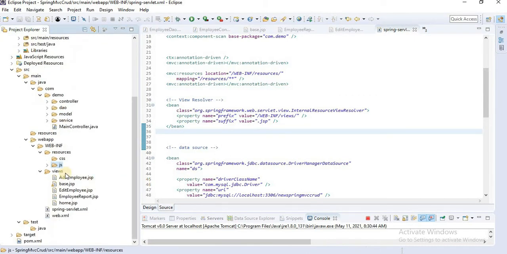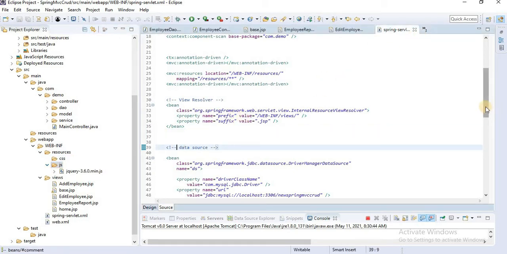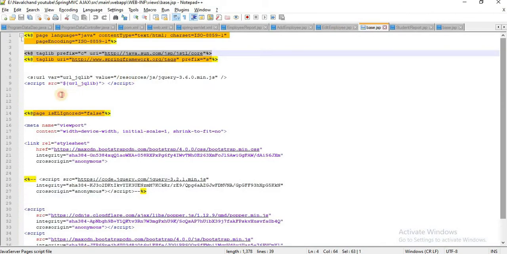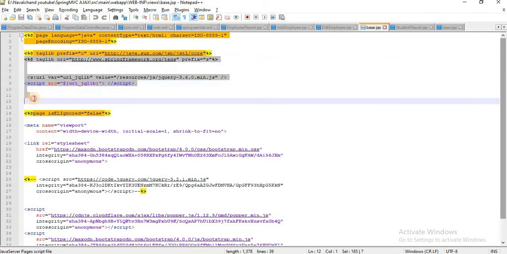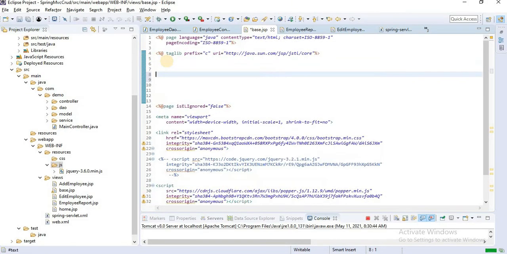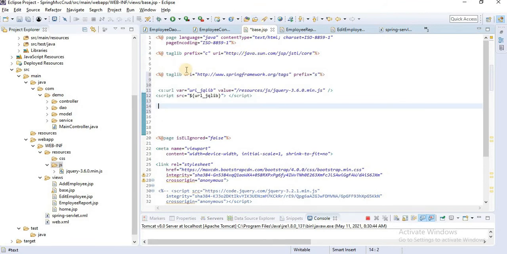Then we have to import this file in our JSP page. I have already done this in my previous project, so I'll simply go there and paste the code from there. I'll copy this code from the base file and paste it here in my base.jsp file.